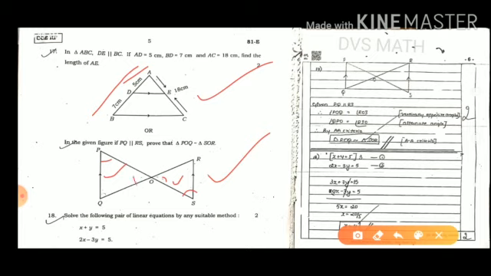These two angles are equal, vertically opposite angles. So these two triangles are similar because of AA similarity, and this is very simple. You can choose this. Next, related to solve for x and y. As I told you, one question is definitely related to solve for x and y.